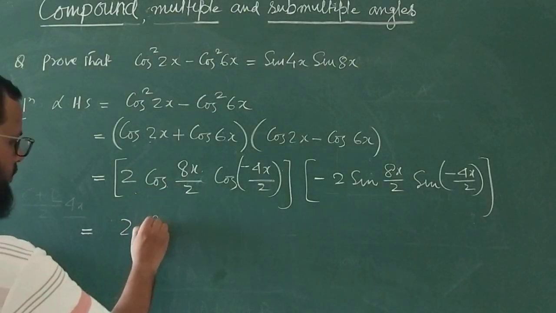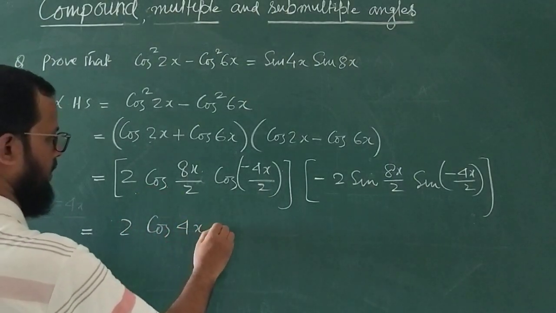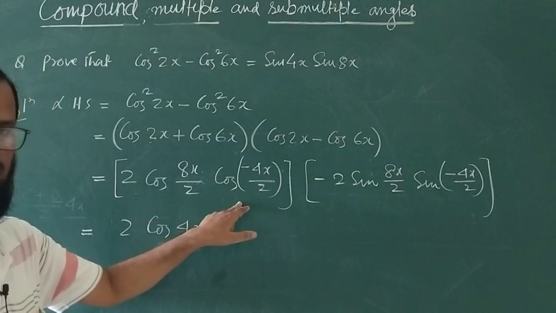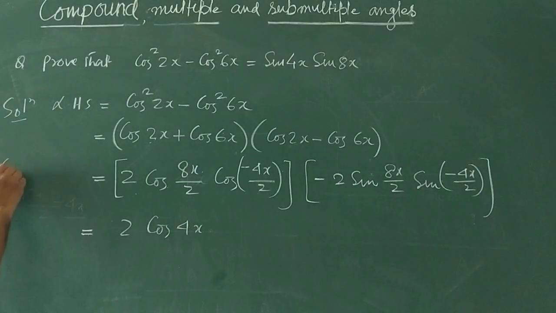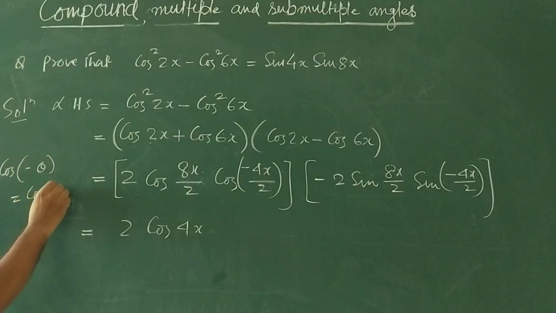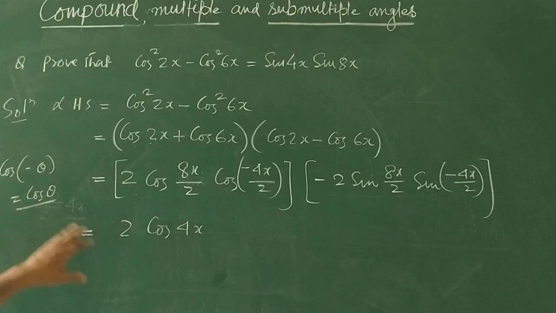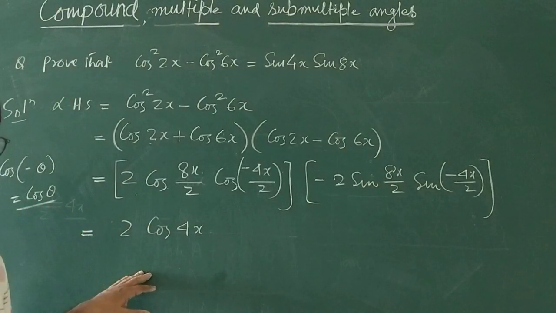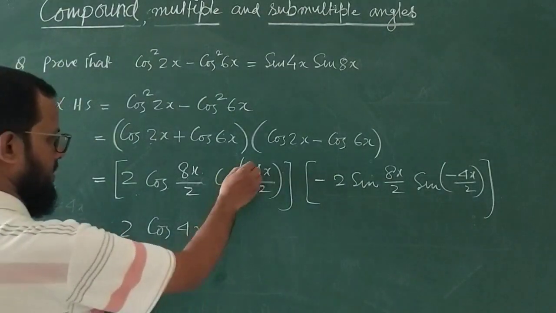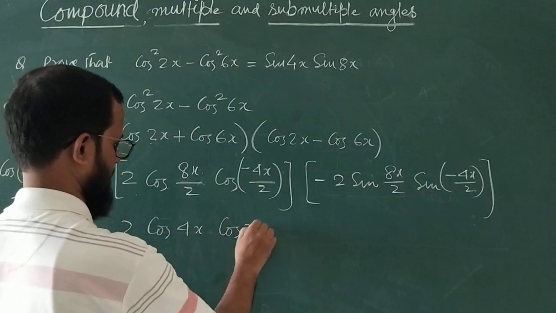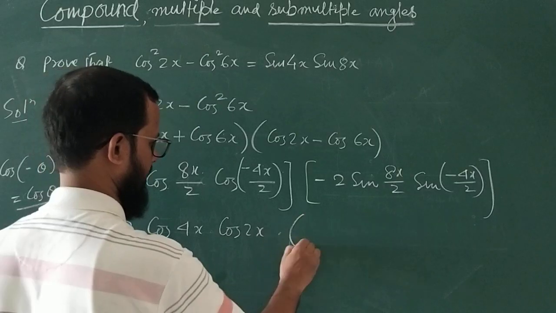Now 2 cos 4x, and cos minus theta equal to what, you know, cos minus theta equal to what, cos theta. All the formula will going to prove cos minus theta equal to what, cos theta. You got in the first 2-3 classes I have discussed about this particular result. Cos minus theta equal to cos theta, sin minus theta equal to what, minus sin theta. So इसमें minus ख़त्म हो जाएगी. 4x by 2 equal to what, twice x into, ये minus होगा,